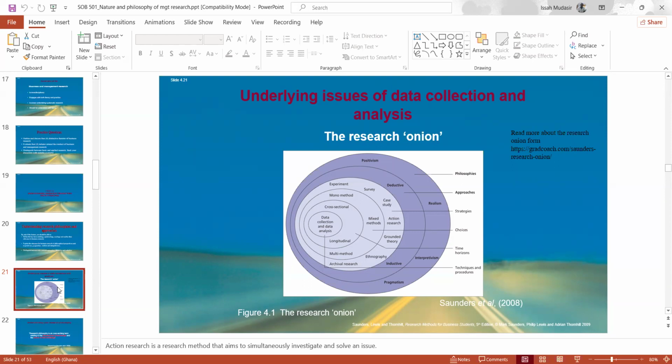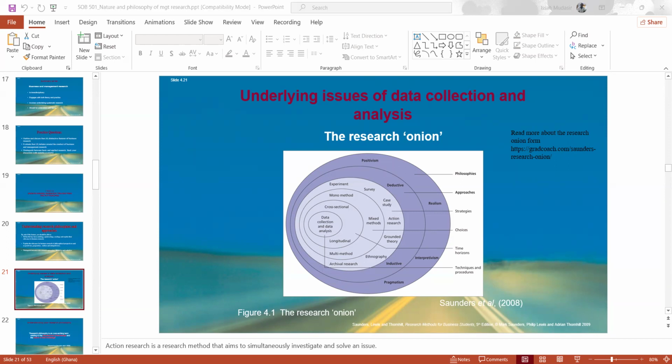Or I just need archival data. So you can go to museums and monuments, or go to the library board, and then you look at very old documents, very old newspapers. Somebody may want to know how news stories were reported before independence. It means you have to go back to the archives and collect newspapers before 1957. You can do research on that as well. So we call that archival research. So that is at the level of strategies.